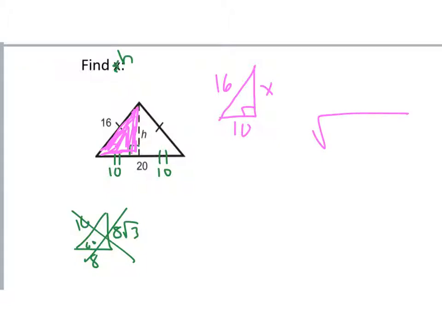In this case, the side that I'm looking for is not across from the right angle, so that means I'm looking for a leg, so I want to subtract. When I look at my numbers, 10 and 16, I know the bigger number will go in first, so that's going to be 16 squared and 10 squared. So the square root of 16 squared minus 10 squared gives me 12.49,